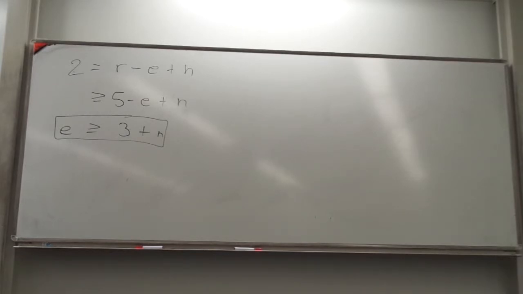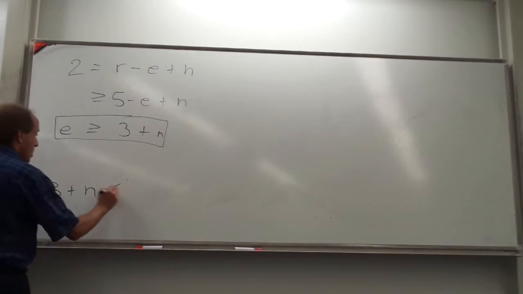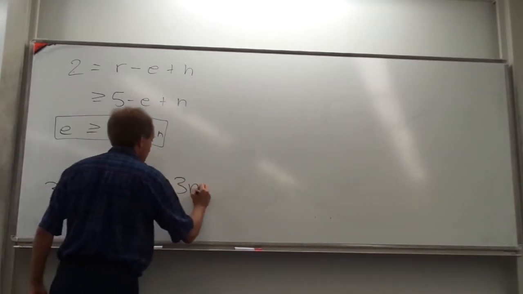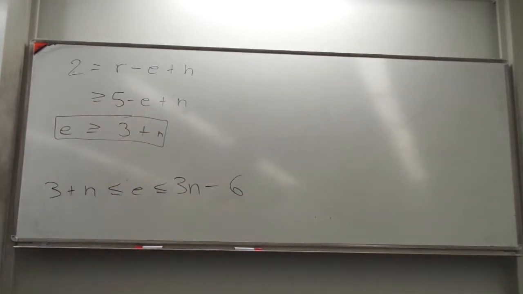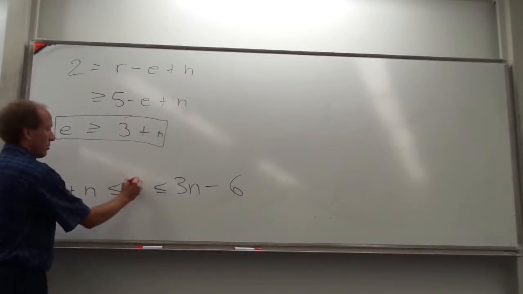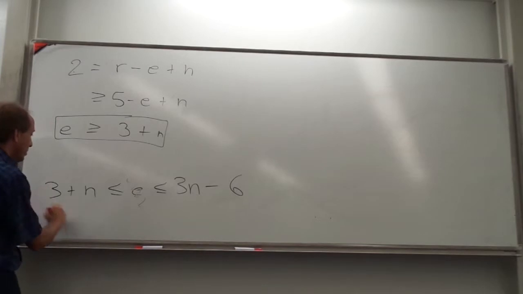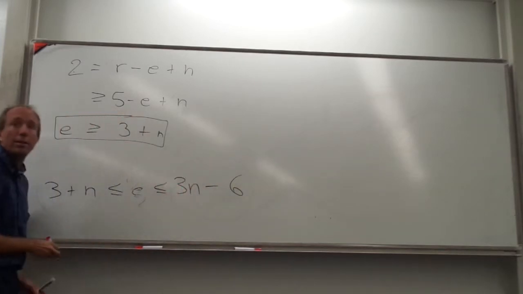Yeah, Lisa? Now we know that we can write 3 plus n is less than or equal to e, which is less than or equal to 3n minus 6. So we actually can put all of those together. Oh, wow. I think we just finished the problem. You just came up with the right thing. Because look, if I just ignore this one and just compare this with this,